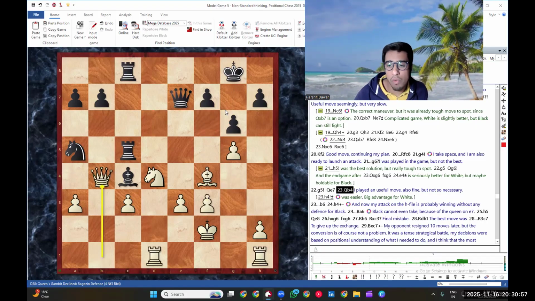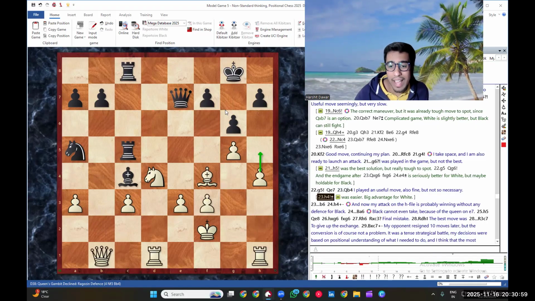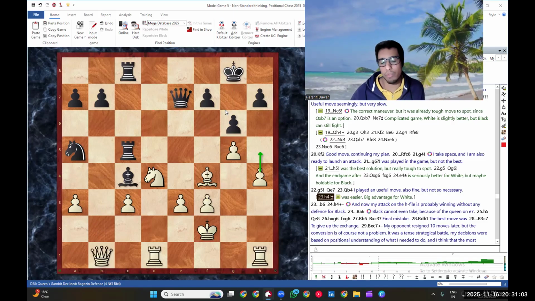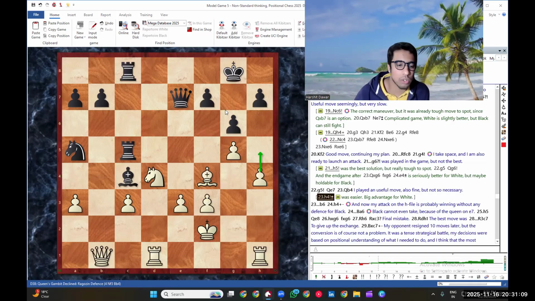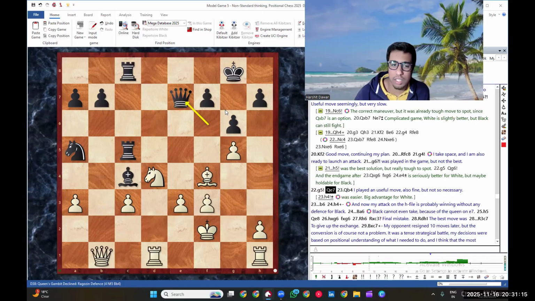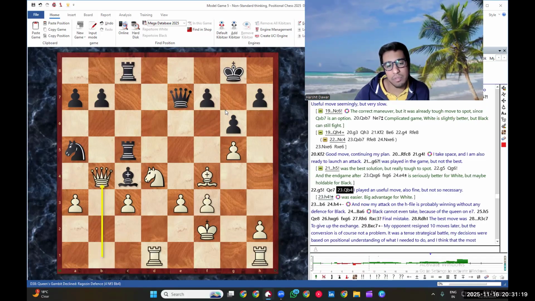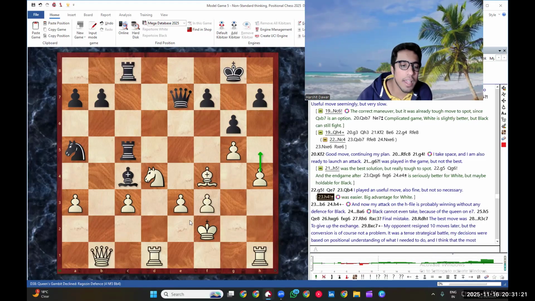Overall, a useful move. Also fine, but not so necessary. h4 could have been better, was easier and a bigger advantage. So why? Just going for the kill, that's it. Even if you don't want to go h5. Actually, why the hell do you not want to go h5? It's just coming so subtle. You do have some counterplay on the c3 square, but let's see how the game proceeds. Because I doubt, what if he just goes bishop d5 here? h4 and bishop d5, then what? I am a bit curious.